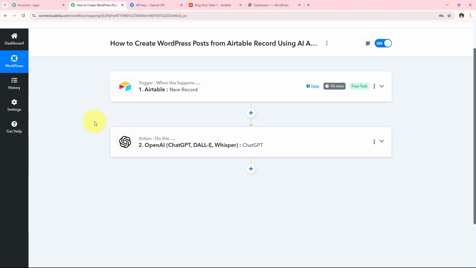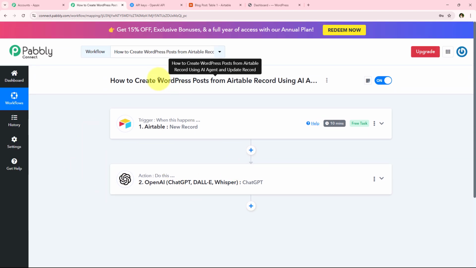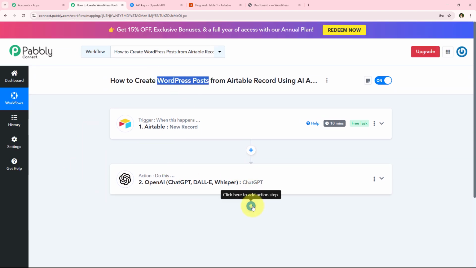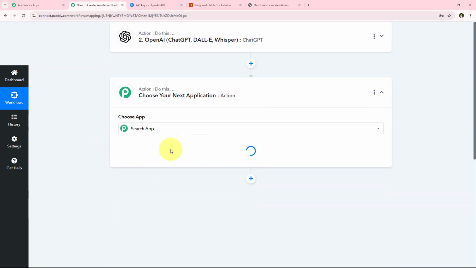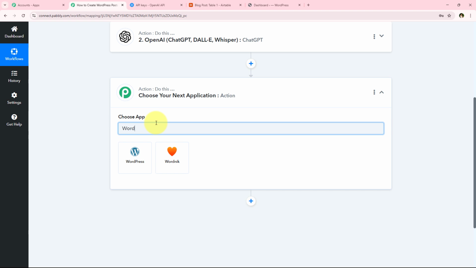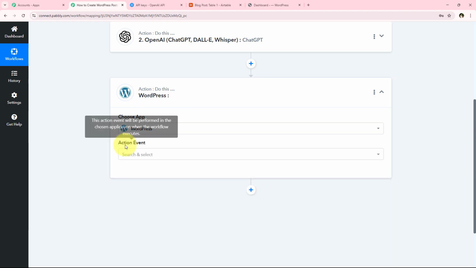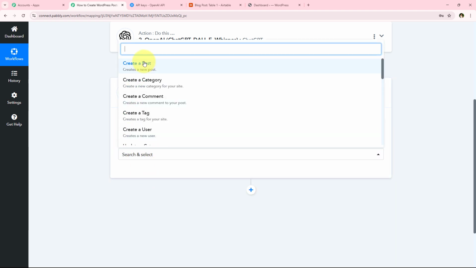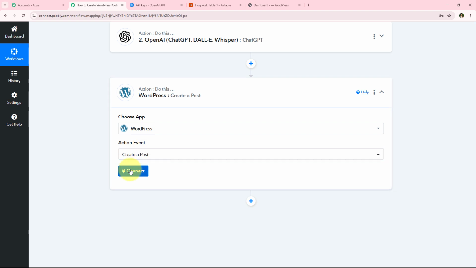blog post content. Now using this same content, I'm just going to create a WordPress post. For that, I'm just going to add another action step right over here. And now for the action application, I'm just going to select it as WordPress. So I'm simply going to search for it and select it. And now for the action event, I'm just going to select it as create a post and click on this